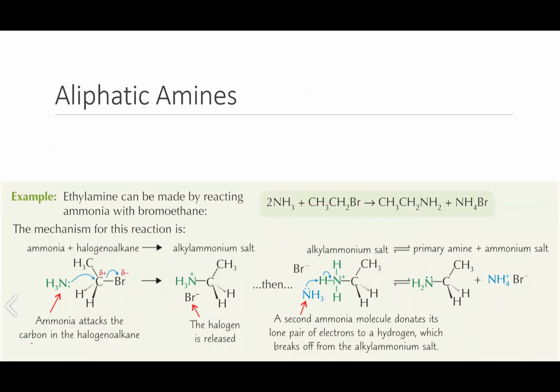So aliphatic amines. There are two ways we can produce aliphatic amines. We can either make them from halogenoalkanes or by reducing nitriles. The process for producing aromatic amines is different, so we'll look at that in a moment. What are the different ways that we can make them? If we're making them using halogenoalkanes, and this is what we're going to look at here,